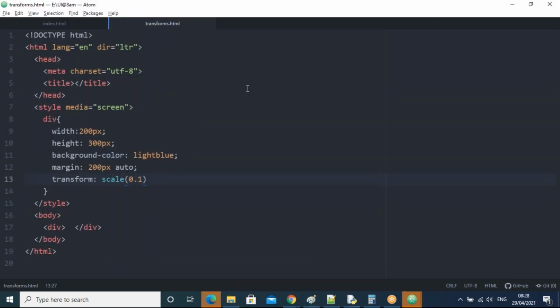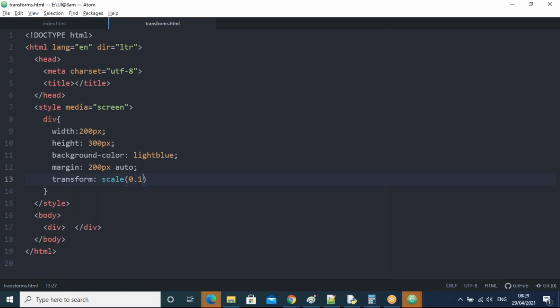A very small size came. So the rotate function and the scale function. If you take a value above one, it increases the size of that box. If you take a value less than one, like 0.1, 0.2, 0.3, then it decreases the actual size.